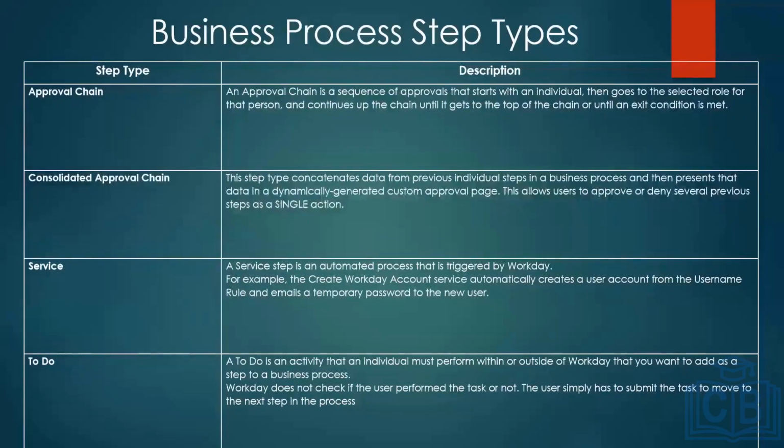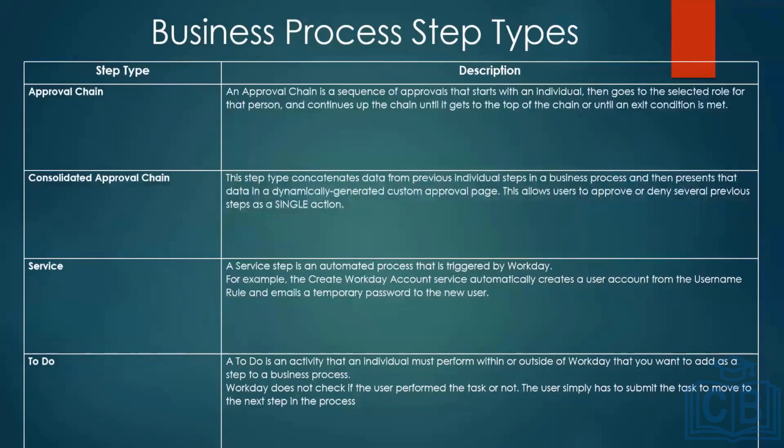It will depend on the exit condition that you are going to give. There would be an exit condition for the approval chain. If you have mentioned that it should go only 3 steps or only 4 steps above the management level, then after 4 management levels, it will automatically skip and go to the next step once it is approved by the 4 management levels. If you have mentioned the count as 4 in the exit condition,